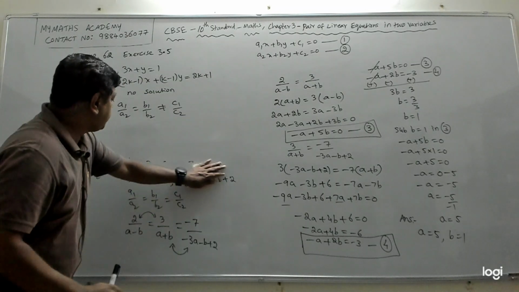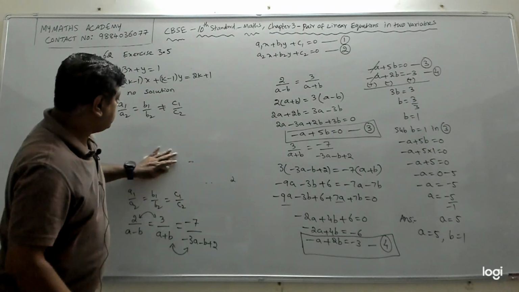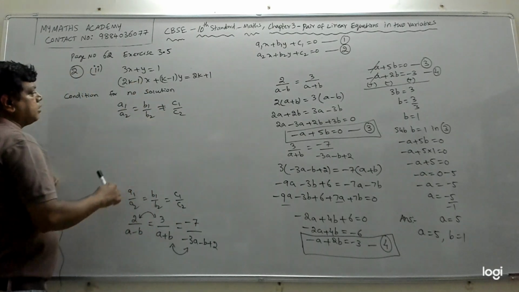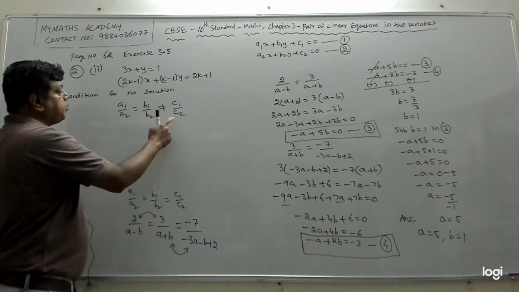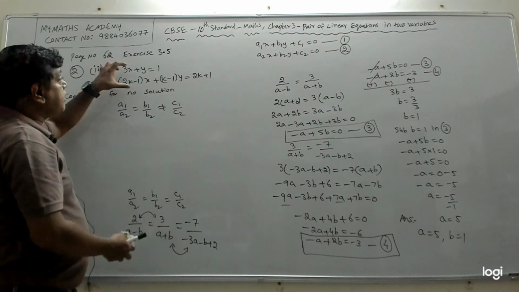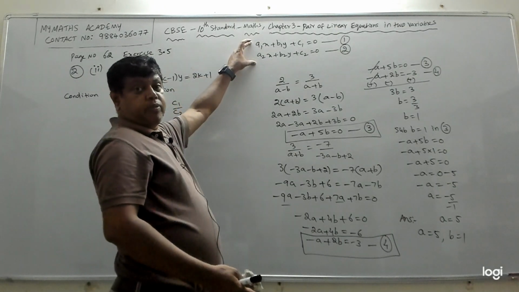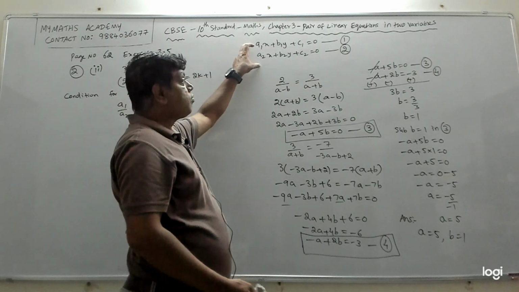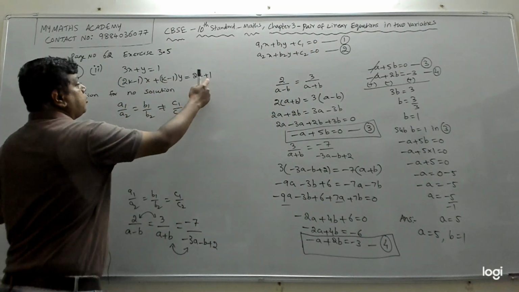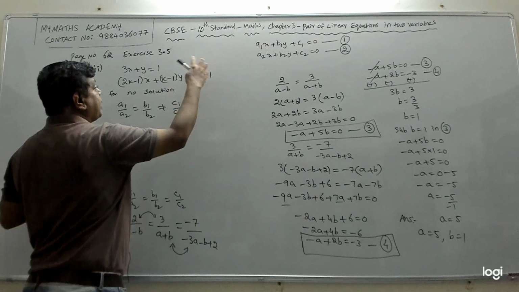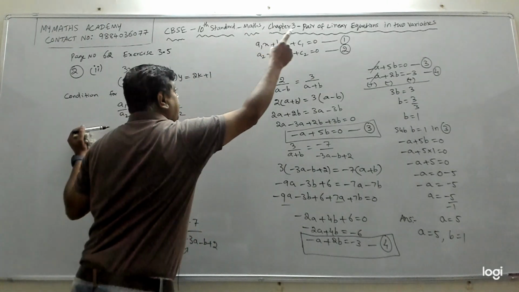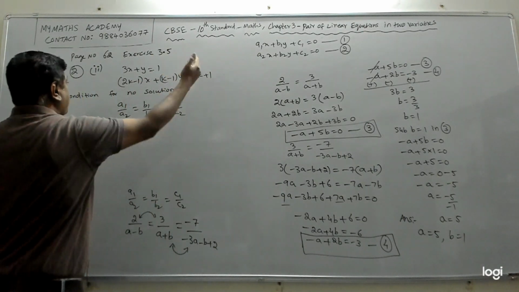Now we should find what is a1, a2, b1, b2, and then we should substitute here. Before we find a1, a2, b1, b2, c1, c2, we need to make sure that the given set of equations is in this form, which means the right side should have 0. But on the right side I have 1 and 2k plus 1, which means we should bring everything to the left side.